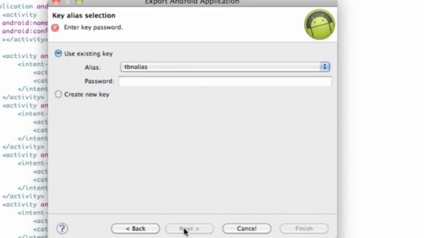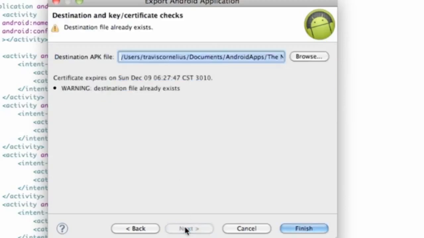So we're going to hit next, and then we also have to have our alias name, which there's only one alias under our key store, and that's supposed to be TNB, but oh well. So that was our alias name. Again, we have to have the password for your alias. Hit next, and then it says destination already exists, so we're just going to say